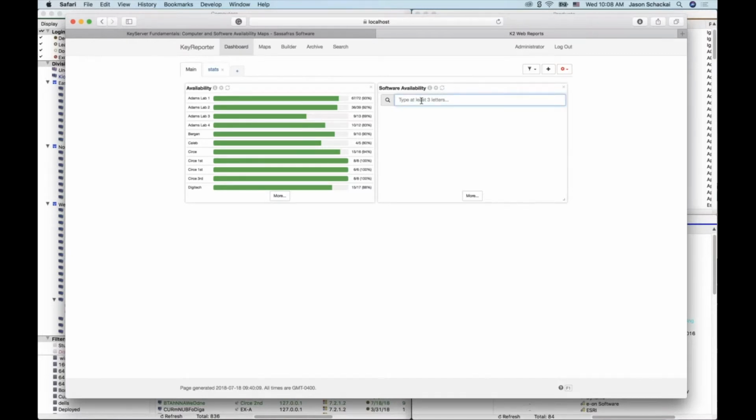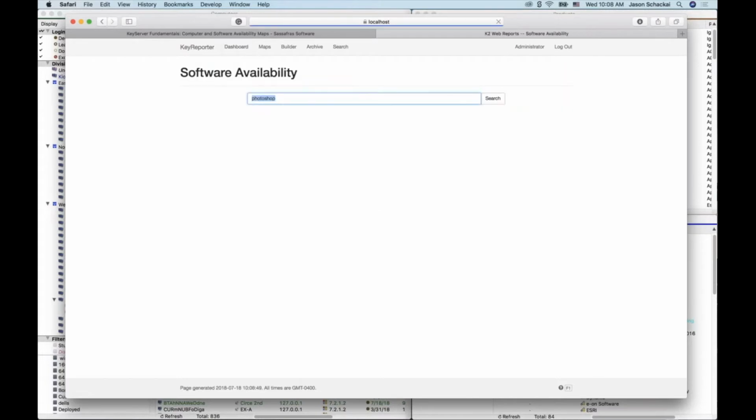You might have noticed previously that this wasn't extremely useful for end users because an end user would come in and type Photoshop, and the only product results that they were going to see down here are those that contain that set of characters. Photoshop, so Creative Cloud or Creative Suite products would not show up. You see that this is relatively limited in the results we get here, but if I click the More button,